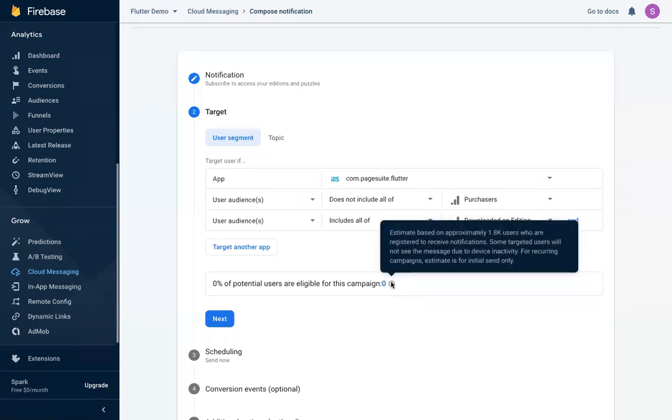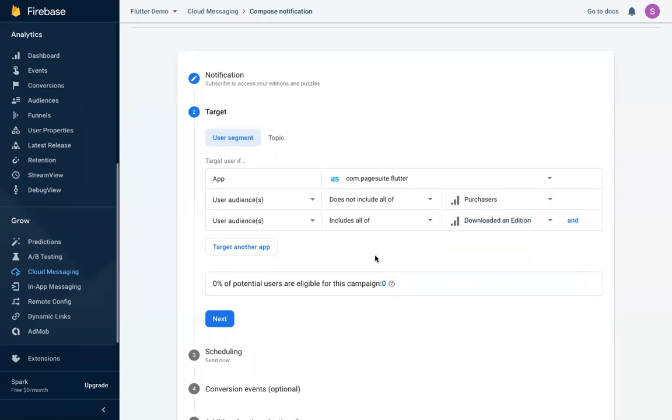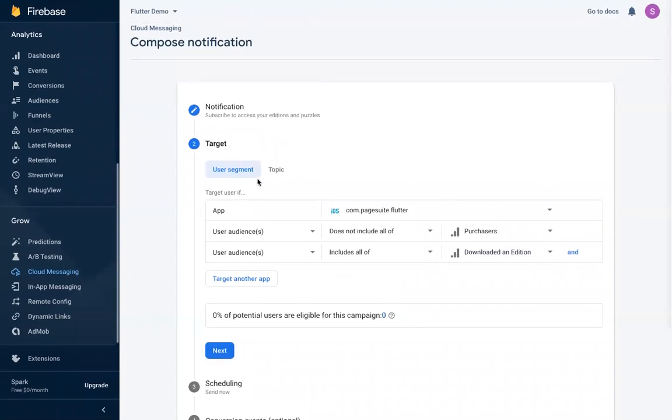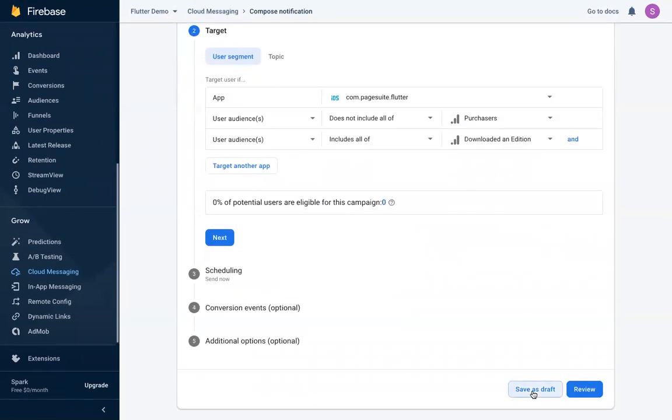And you'll see that because of the time setting, because this is stopped after 30 days, there aren't actually any users in this segment right now. But every 30 days, the segment will check and add people to that group in order to be able to send it. And then the final segment we're going to set up, I'll just save this one as draft as well,